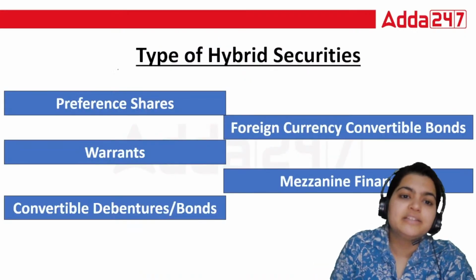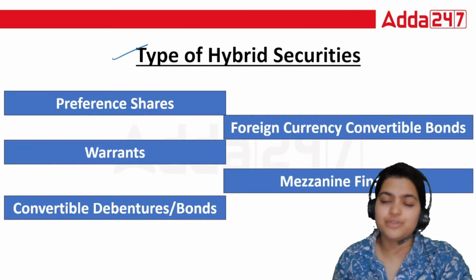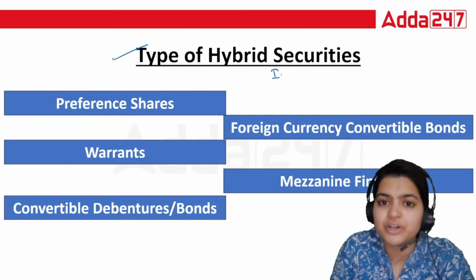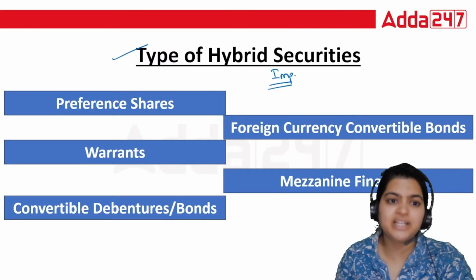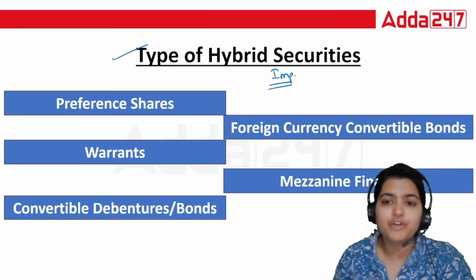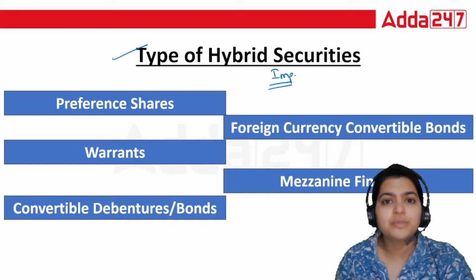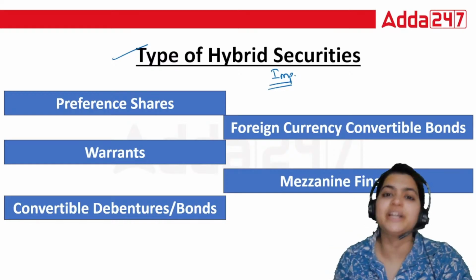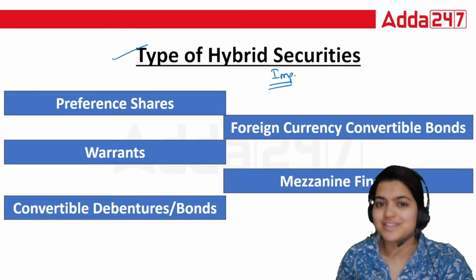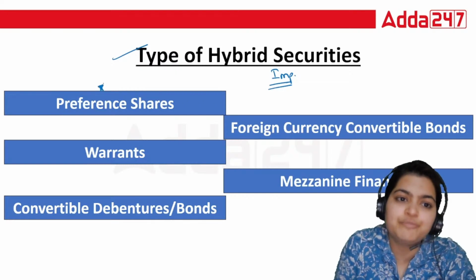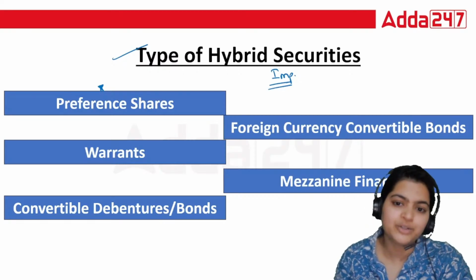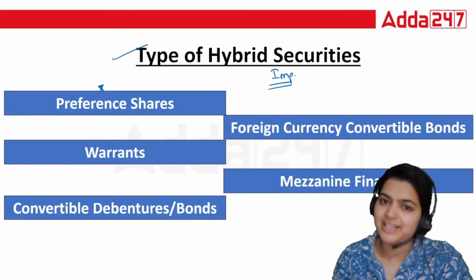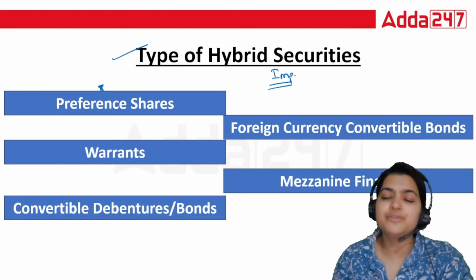Now, there are different types of hybrid securities which you need to remember, and this part is very important because in each and every attempt they are asking questions based on this. They can ask questions from preference shares, foreign currencies, convertible bonds, warrants, mezzanine financing. They can ask from any particular topic. Now, you know what is the interesting part? Already you know what is the meaning of preference shares, but again we will be revising this, so don't worry about it. And you will see some new topics as well. So let's start with types of hybrid securities.